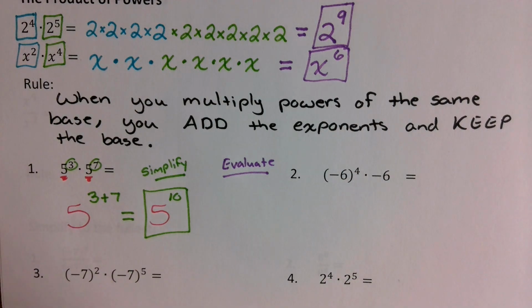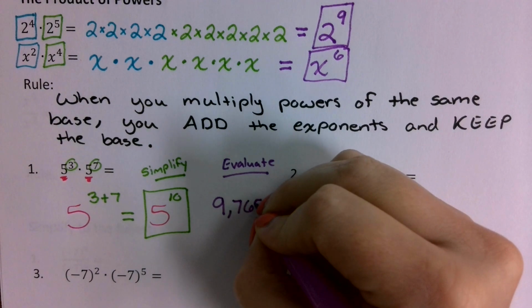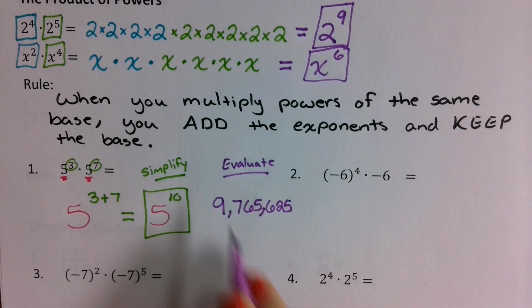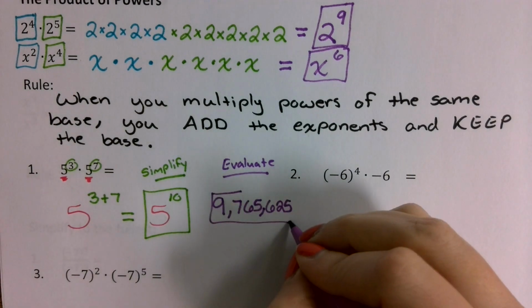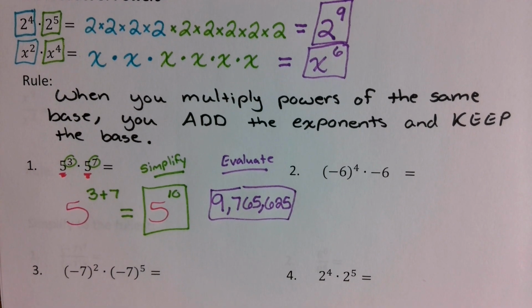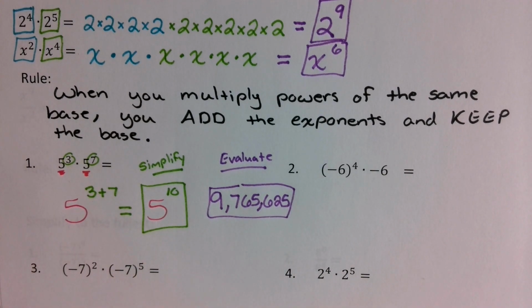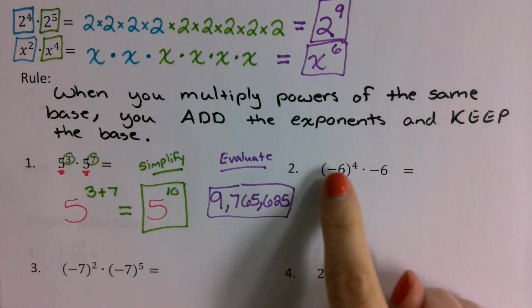It's going to come out to 9,765,625. That's what it is if I evaluate my answer. Okay, simplify your answer, evaluate your answer. Now don't forget, if we have negatives involved, negatives that are inside parentheses mean that the negative is included with the exponent. Okay? So this is not just 6 to the 4th power, it's a negative 6 to the 4th